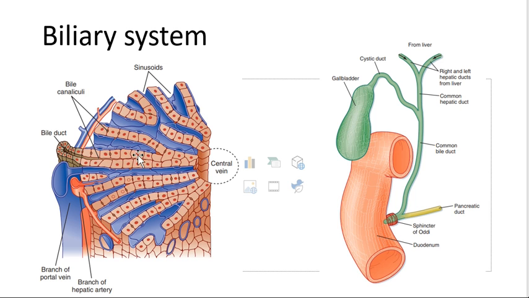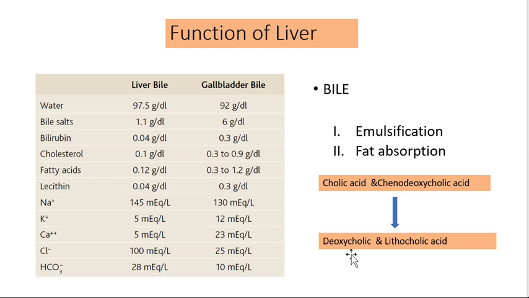The bile formed by hepatocytes collects in the bile duct. These bile ducts join to form the common hepatic duct. It combines with the cystic duct to form the CBD, common bile duct. It joins with the pancreatic duct and forms the hepatopancreatic duct, which opens up in the duodenum. So that's how the bile is secreted into the intestine, the duodenum, and stored in the gallbladder. Whenever needed, it's secreted. We'll see how it's being secreted.